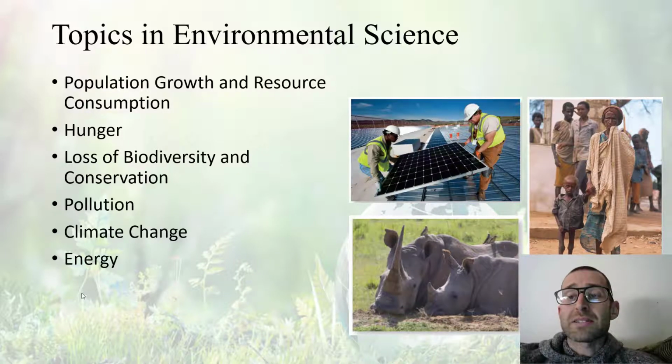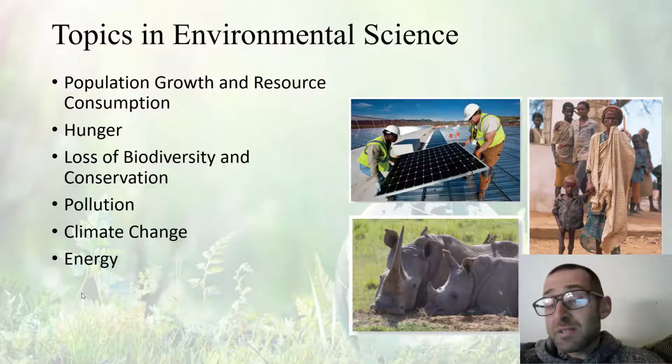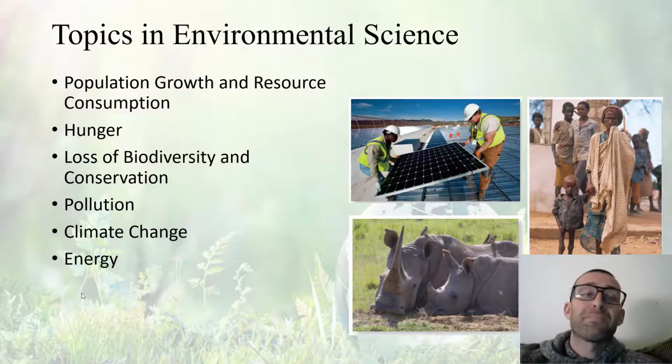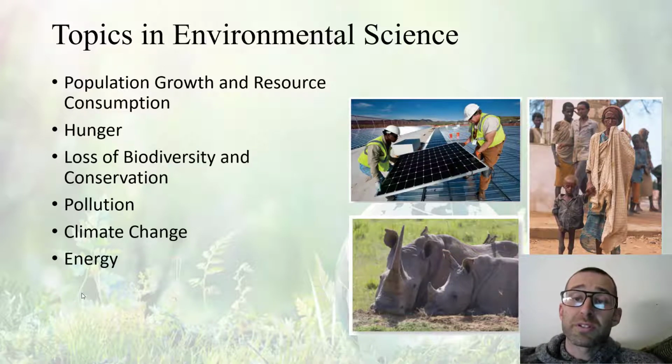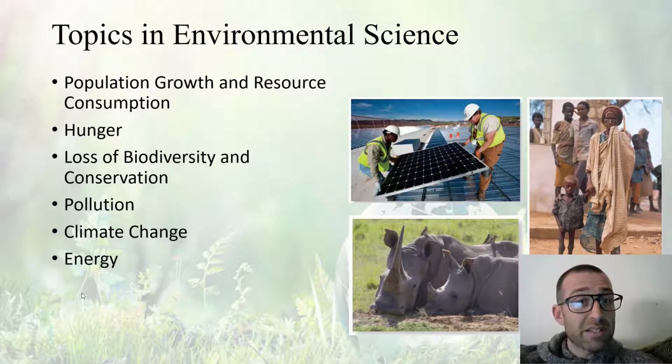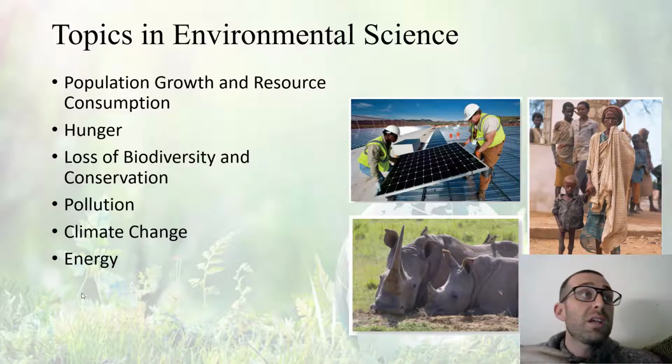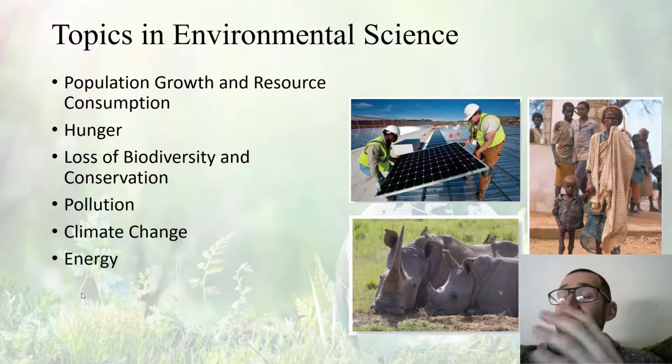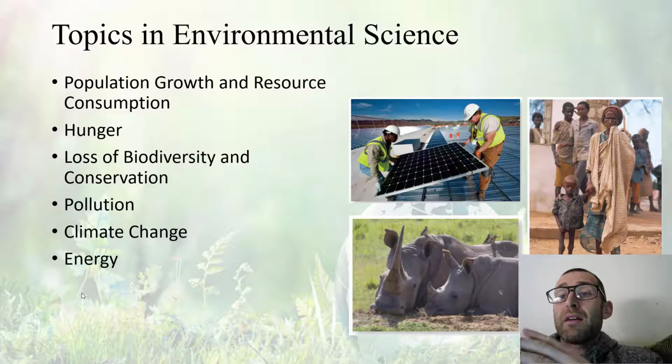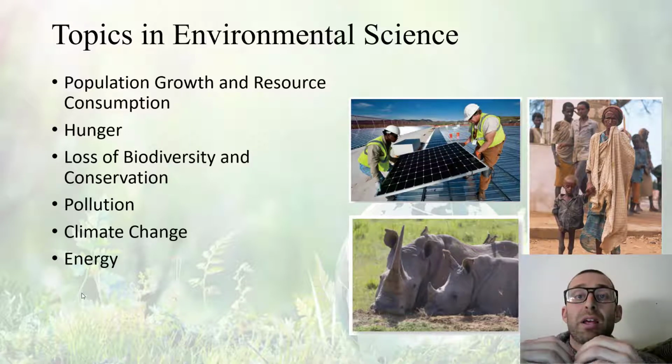Now, within environmental science, what are some of these topics that we're dealing with or these remedies that we're trying to address? Well, it's really anything that relates to us in the environment, right? Or sometimes just the environment, right? And our role or how we affect it. So, for example, environmental science will deal with population growth and resource consumption, right? We live in a world where population is still expanding. And as our population grows, we consume resources. Well, how do we do this in a way that doesn't affect the environment in a hugely negative way or in a way that is not sustainable?